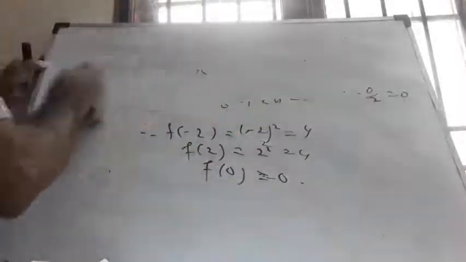Then think of this example once again. It's a realistic maximum minimum problem. From a square sheet of 18 centimeters, squares are cut off from each of the corners, and the remaining flaps are folded up to form an open box. Find the side of the square to be cut off for the volume of the box made to be maximum possible. Let me repeat, the square sheet of 18 centimeters is given.